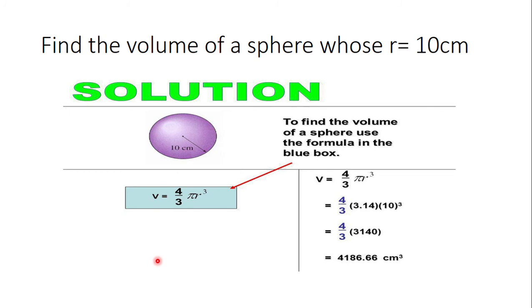Now let us solve a problem using this formula. Volume of a sphere with a radius 10 centimeter. So 4 by 3 pi, with pi written as 3.14. R cube is 10 to the power of 3. So 10 to the power of 3 is 1000. So 4 into 3.14 into 1000 divided by 3 will give you the value 4186.66 cubic centimeter. Since we have the radius in centimeter, we express it as cubic centimeter.